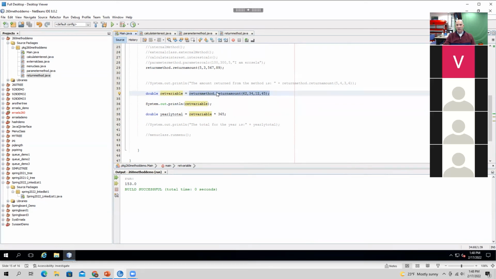Here we're calling the return method, return amount, with these numbers, and we're printing out this variable right here. If we wanted to remark this one out, since we're kind of doubling the work, if you notice what's happening, we are outputting this return variable. We're printing it out. Here, we're setting the double return variable equal to whatever the return amount is of these numbers that we put in there.